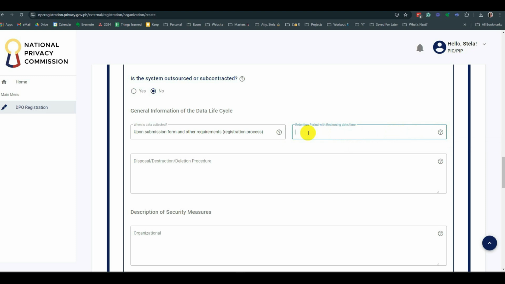So pag sinabing retention period with reckoning date or time, kailan ninyo ba kinokolekta? Let's say 2 years yung inyong retention period from registration. Ganun lang. In our case kasi, since contractual basis siya, it depends on the